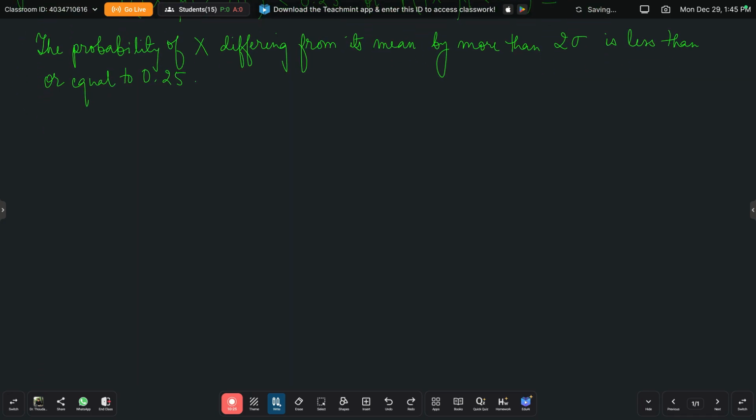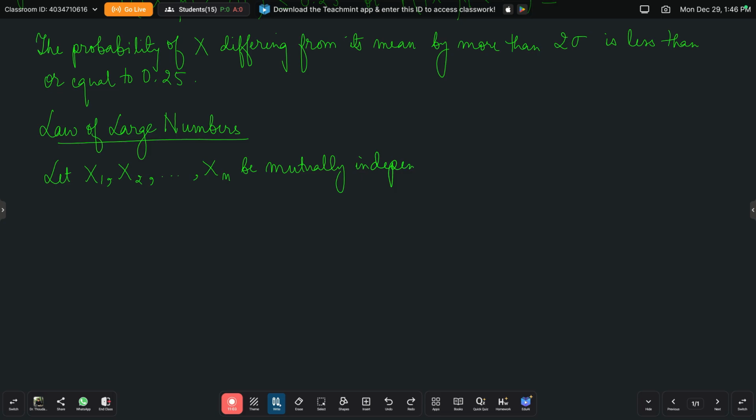Next is the law of large numbers. It is a consequence of Chebyshev's inequality. Suppose x1, x2 up to xn are mutually independent random variables, discrete or continuous,